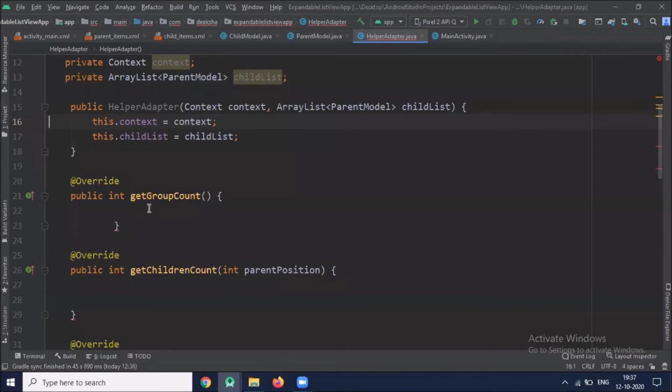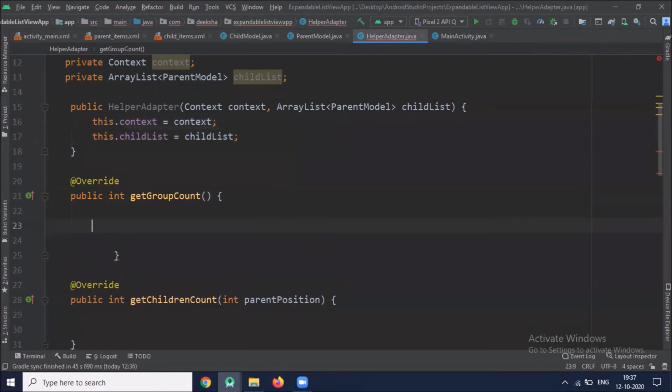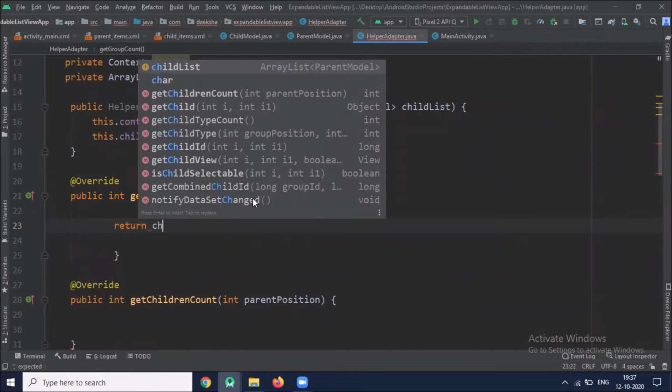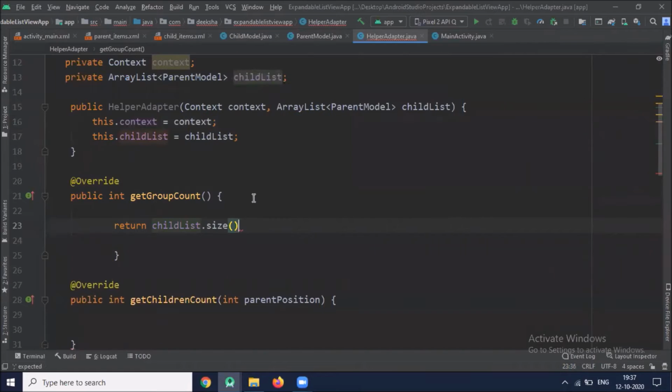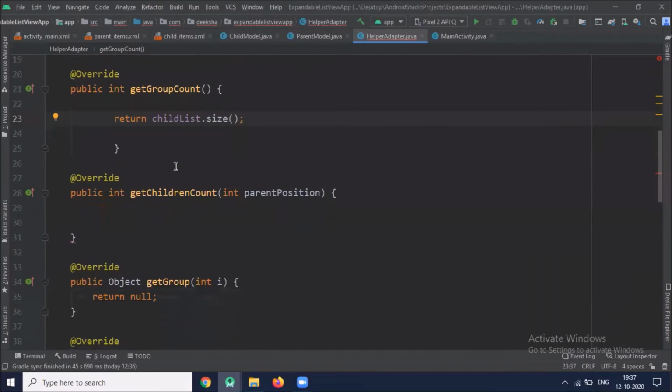Now first is get group count, and this method we are using to get the total number of groups. So here we return child list dot size. Now next is get children count, and this method we are using to get the number of children in a particular group.